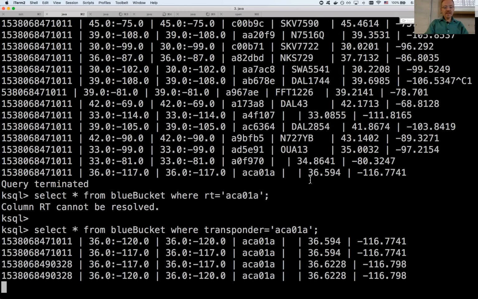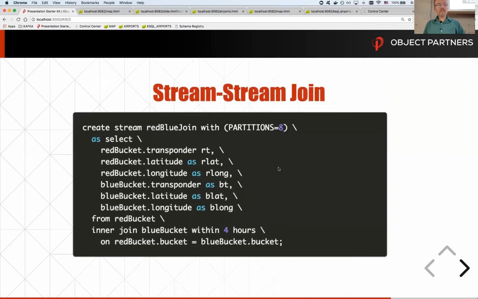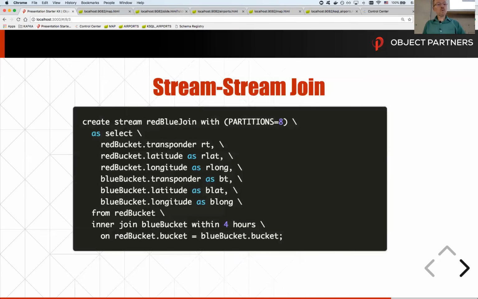So you can see that this plane is in two different buckets. So the blue plane came in, and I'm able to count that blue plane from both locations. So if I do that 9 times, I now have the ability to join those two planes together by distance.